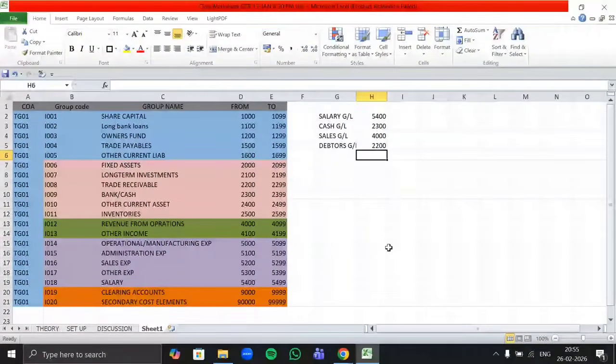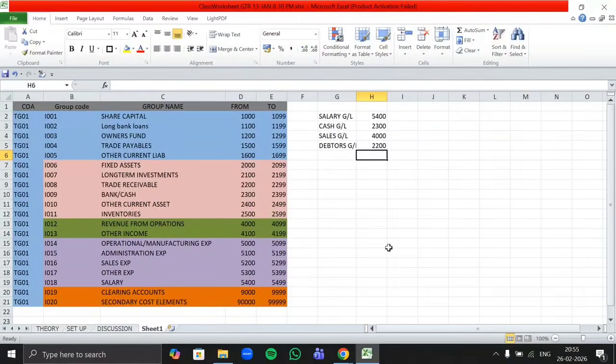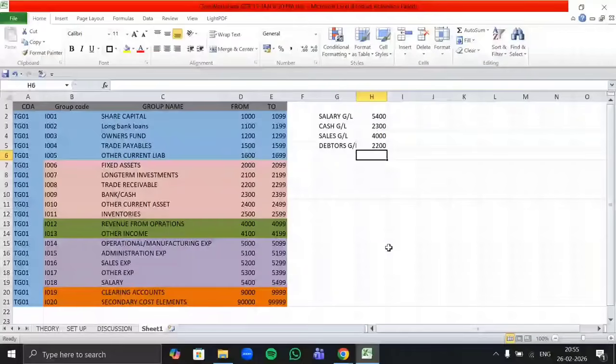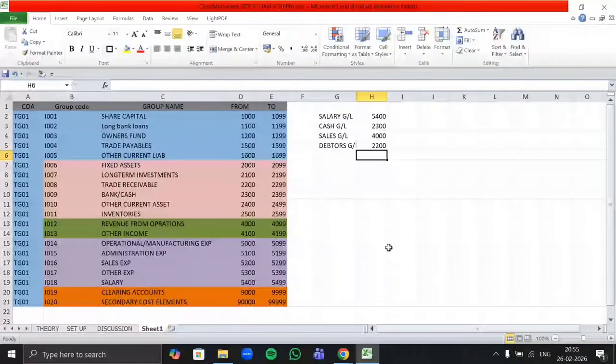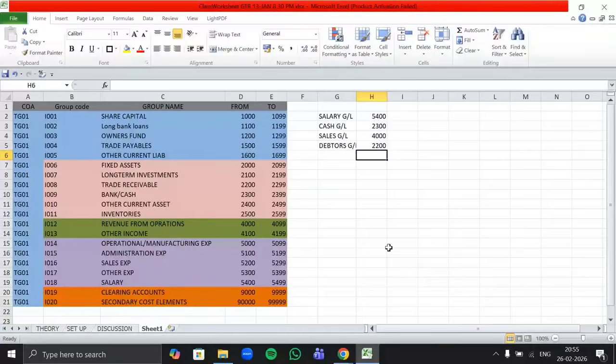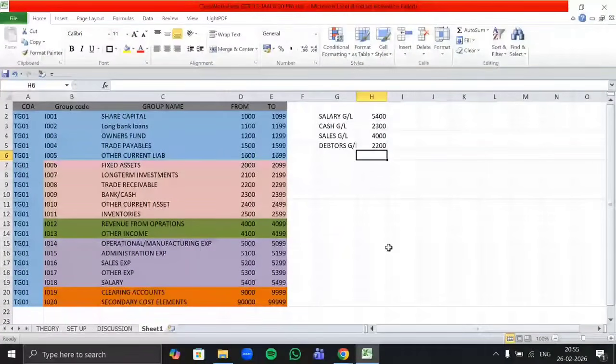Why no? It's a sub account of current assets. So can we create debtors GL under current assets? No. Why? You guys just said trade receivable is a part of current assets.